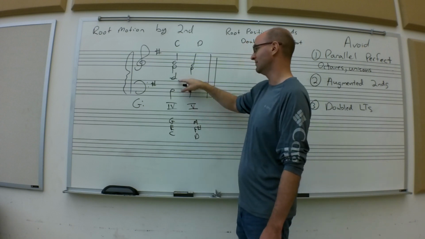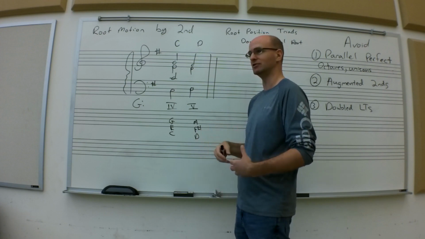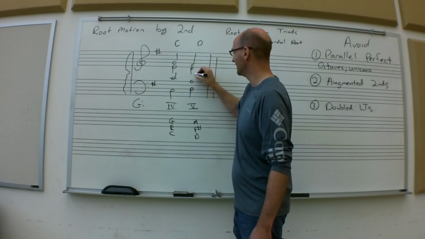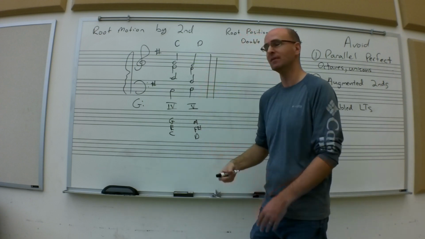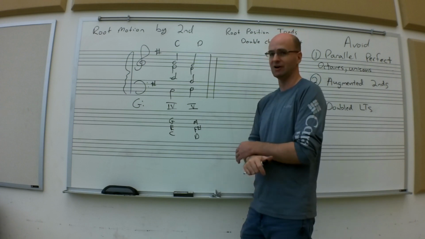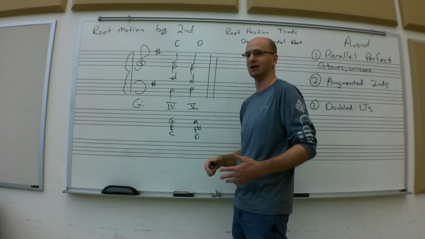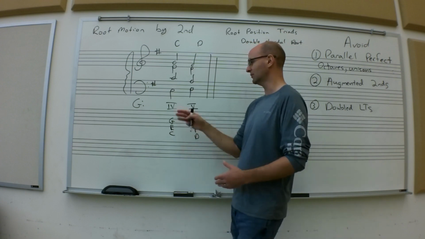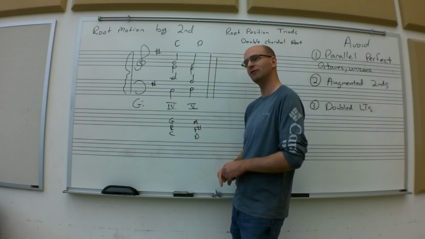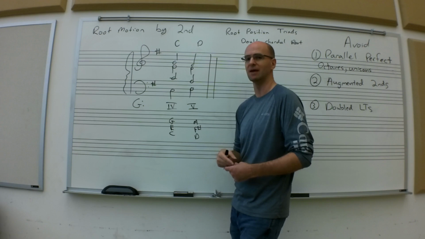And then I'm going to do the same thing in the tenor. I'm going to move that down, contrary motion to the bass, to the closest available chord tone. And that will get me the A that I was missing, right? Now I have a complete triad, I have that doubled chordal root, and I don't have any of those parallel perfect fifths or parallel perfect octaves that we saw a moment ago. We just have to remember that whenever we have chordal roots that move by second, such as in this example from 4 to 5, we need to move those upper three voices in contrary motion to the bass